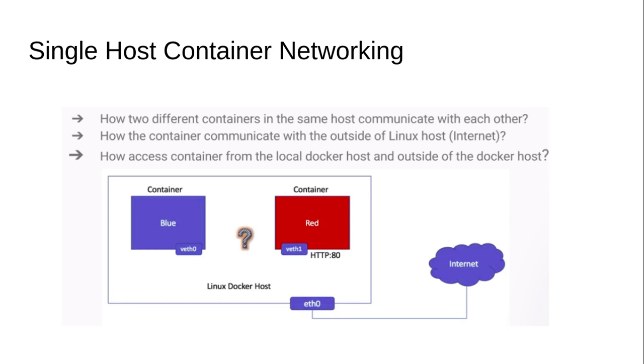So how these containers interact with each other, what all the network components are required, how physically these two containers interact with each other. Okay, the next question we get is how the container communicates with the outside of the Linux host, right? We know that when we start the container, it's a completely closed loop. We cannot access it directly. So how can this container be accessed outside of the Linux host? So that's the second question.